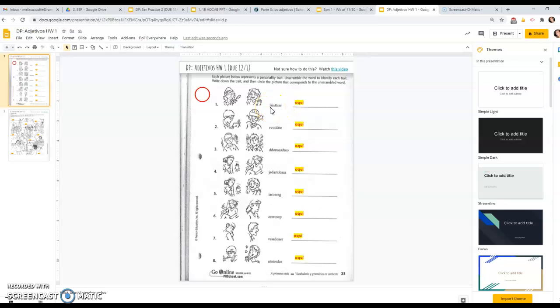I see that there's an I with an accent mark, and if I look at my list, I don't have too many that have that, so I can probably figure it out pretty quickly. And then you have two pictures. Another way to narrow it down is if you look at these two pictures, it's going to be one of those two words. This looks like artistic because it looks like she has an easel, the thing that artists have. And then this one, the person seems to be laughing or having a good time or talking, so